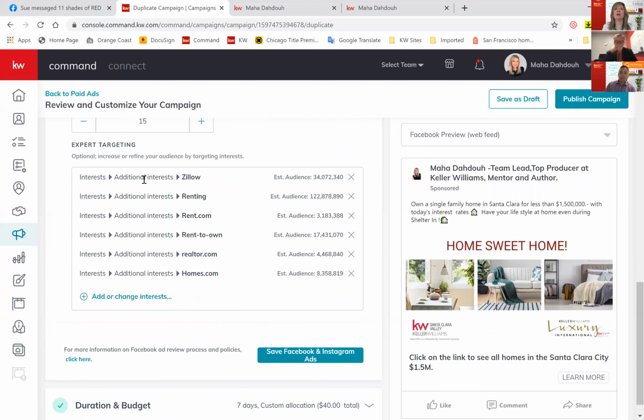And always, always choose Zillow. See, those people, I want those people that are renting, that are looking on rent.com, rent to own. I want to target the renters. Those are my buyers for anything under 1.5, right? So it depends what I want to target. Sometimes I target engineers. Sometimes I target medical. And I did that and I tested it, and I found nurses are calling me through their agent. And then I figured out how they found that listing. So I can say